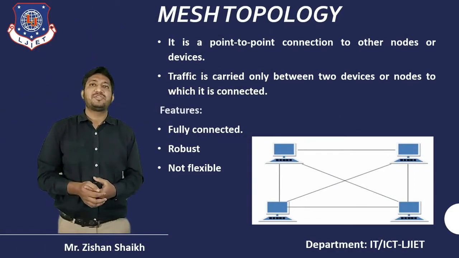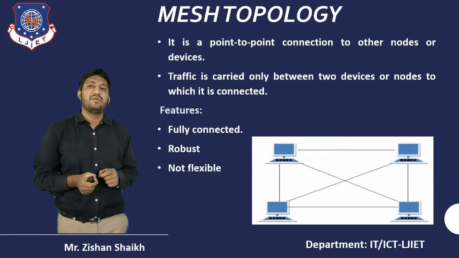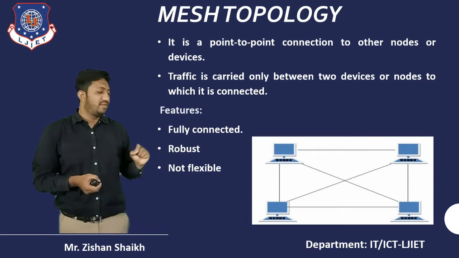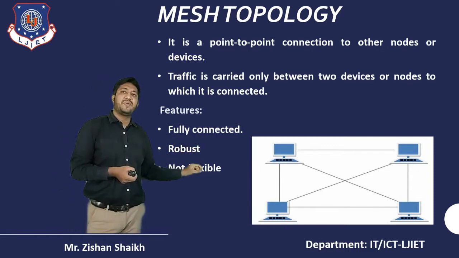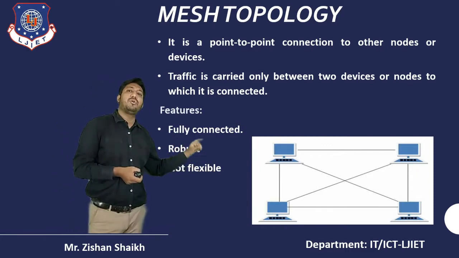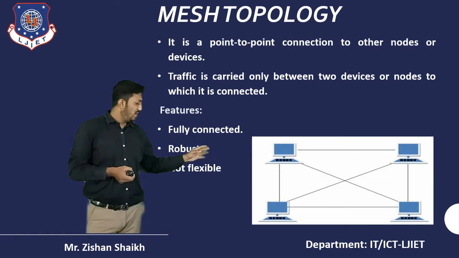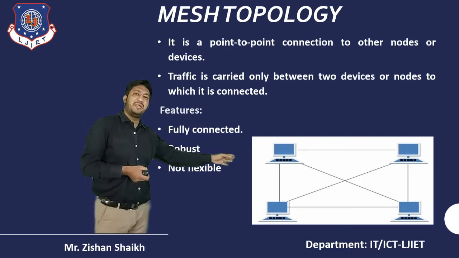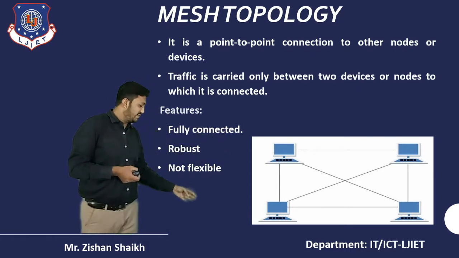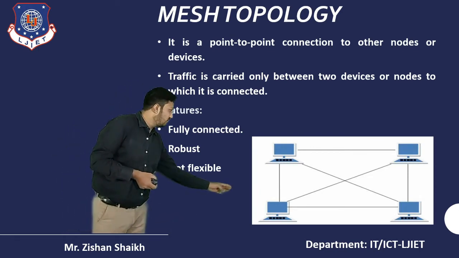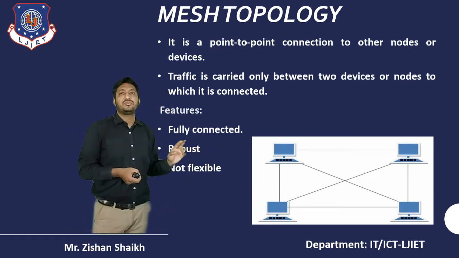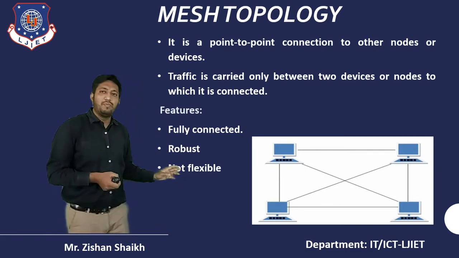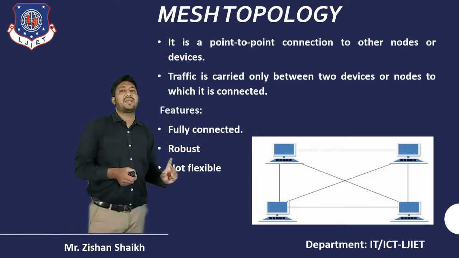Now we are moving to the mesh topology. Mesh topology works on the concept of point to point. When we are talking about point to point, each and every device of our network is connected with all other devices. You can see this figure, the first device is connected with the remaining three devices. The same as my second device, which is also connected with the remaining three devices. That's why we can say that it is fully connected, it is robust, but it is not flexible